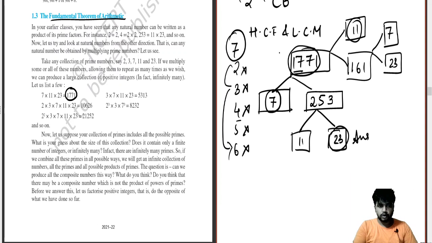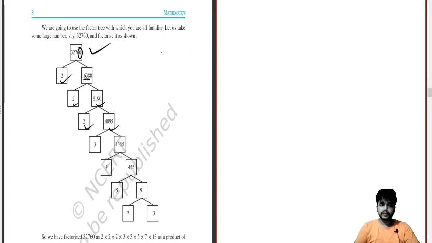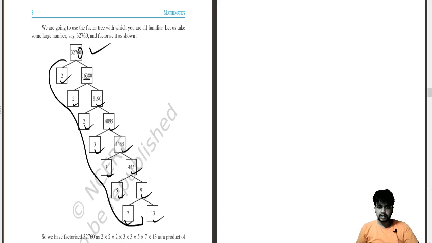Now on the next page, if you look over here, they have given the number 32760. You can see this on the left hand side. The first number has a 0 at the end, so you can divide it by 2. The number should be prime, so the remaining is 16380. Then again 2, then 8190, then again 2, 4095. Now the era of 2 has ended. Moving on further, then 3, 1365, then 3, 455, then 5, 91, then 7, then 13. So if you see, all the numbers in this slot are prime numbers.